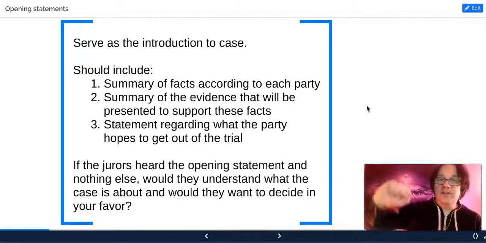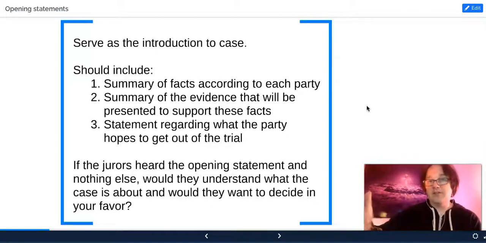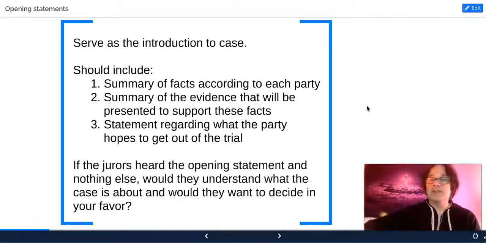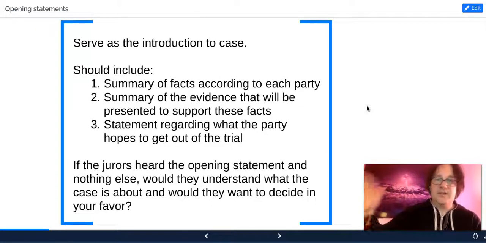And the defense is going to say that the defendant didn't do this and they didn't do that, but we have the evidence, and so on and so forth, right? So we have a summary of the facts according to each party, and a summary of the evidence that will be presented to support the facts. So we're going to say this person was killed. The defendant killed this person, and we have the fingerprints and the DNA and the this and the that